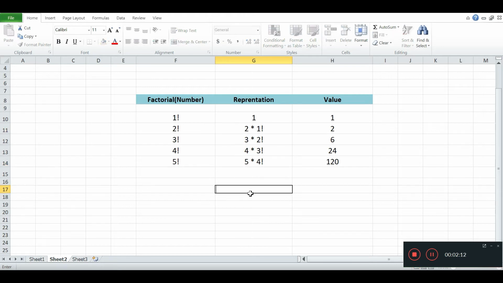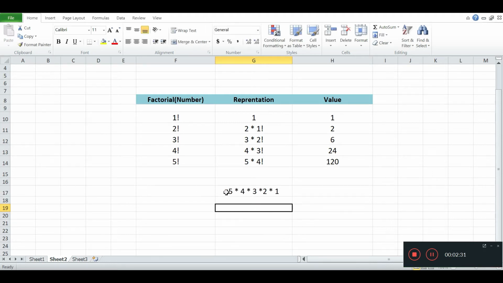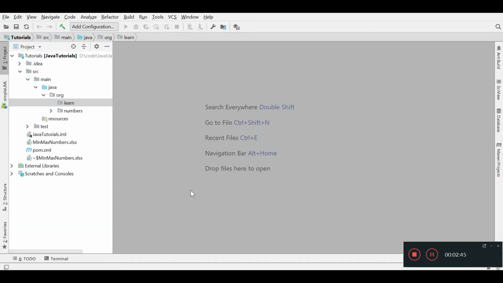This mechanism is really helpful to calculate the factorial of a given number. We'll see both approaches, iterative as well as recursive. So let's start the programming.